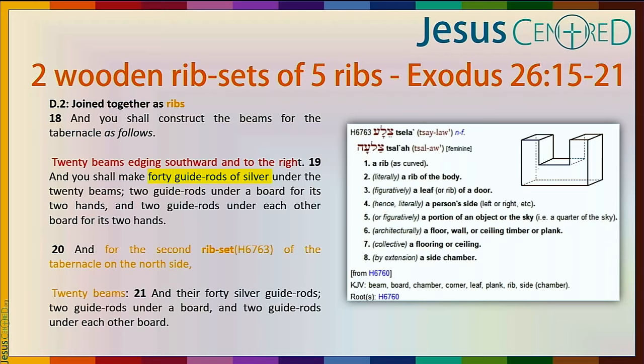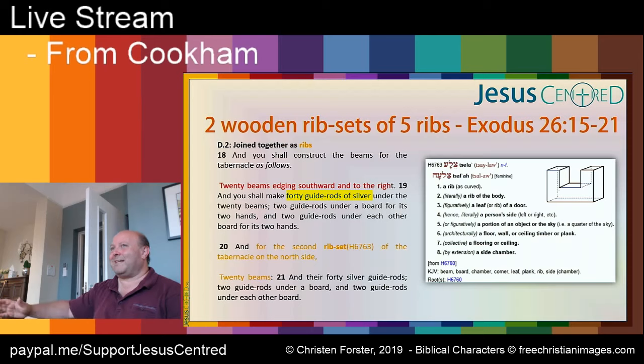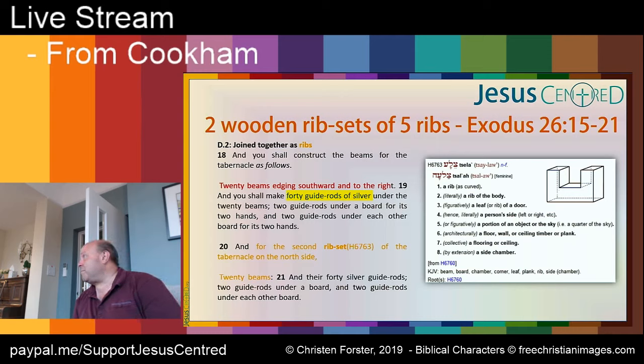And then we get this interesting thing. We get this second rib set, which is translated as side in most Bibles. But actually this side is not the same as the side that we've encountered up to now, because suddenly, as we've been laying out these poles, turning in a clockwise direction, they're suddenly being referred to as a set of ribs. It's plural ribs. And many of you know that the word can mean a rib cage. So I've gone for rib sets. It's a plural number of ribs, which can be a rib cage. So it's describing a rib cage with the word side.